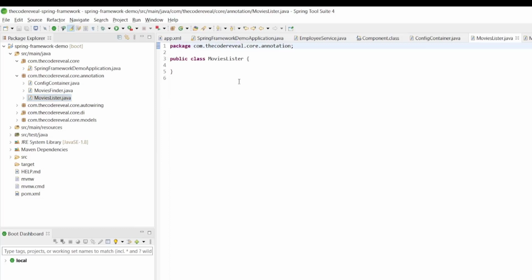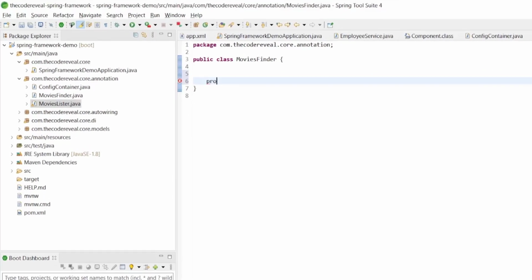So here movie lister will add a dependency of movie finder, private movie finder, and here we'll add one method, public void get movie list. In the finder class we'll add a protected void get movies.